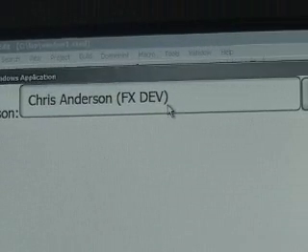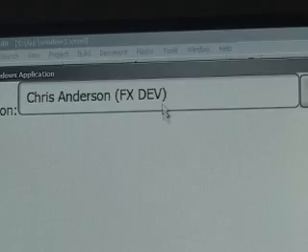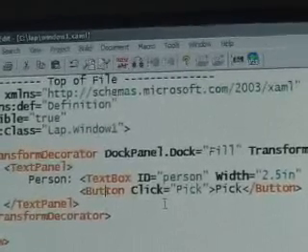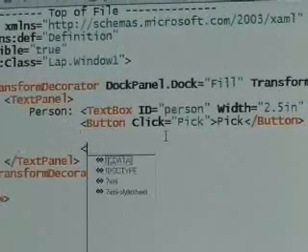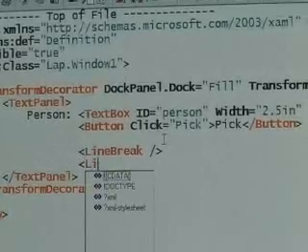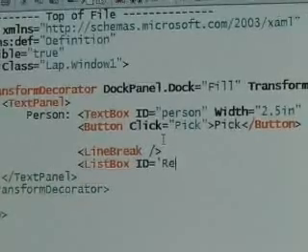It's successfully got the text out of here. So now that we've got a person, let's go and search for all the documents on the local machine. So we're going to close this down, and we'll start with our query. The first thing, we want to have a list box that we can put the results in. So I'm just going to put a line break, and we'll drop in a list box, give it an ID,